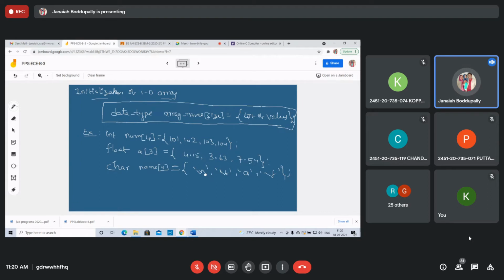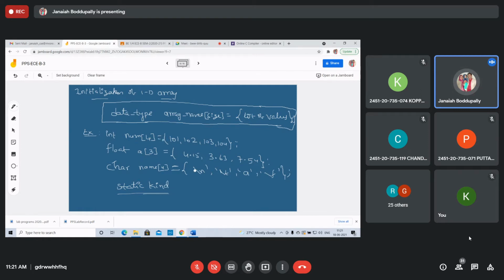The array can be initialized by listing the values in the curly brackets. The array will be initialized at the time of the declaration. If the array is initialized at the time of declaration, same like in primary variables, that is called a static kind of initialization. Values not initialized are set to 0. In this, 4 values are there.